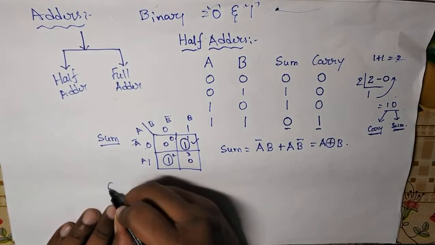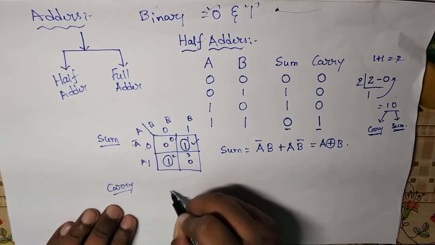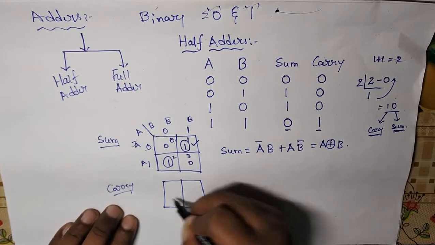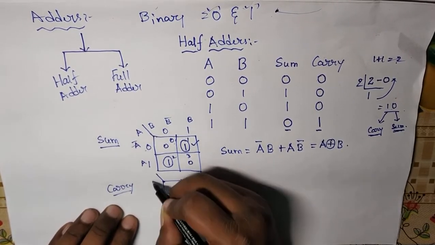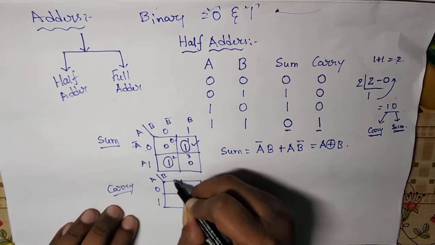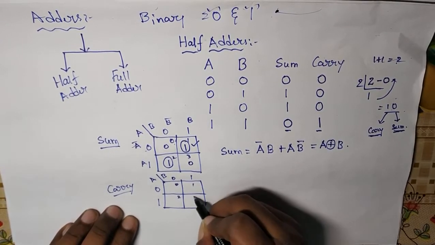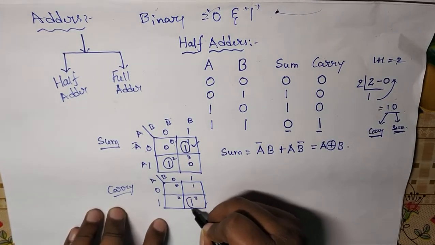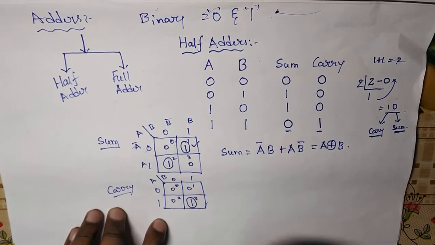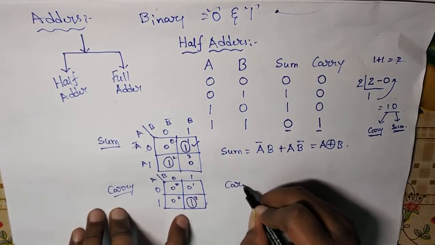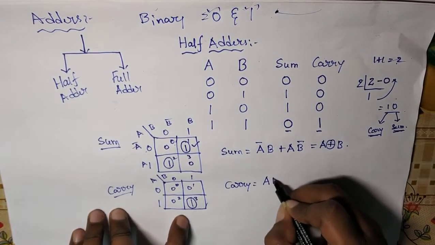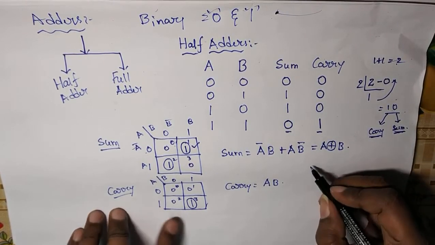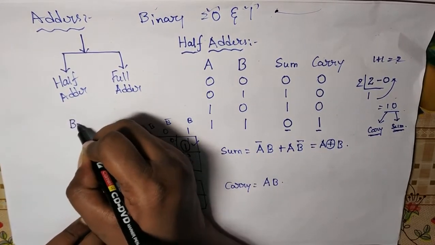Now let us derive the Boolean expression for carry. In order to represent the carry expression, you take another K-map, a 2-variable K-map or 4-cell K-map. Represent the indices in this manner and write the value of the carry. It is 1. The possible way of grouping over here is this single grouping. So for this, the carry expression will be equal to A B. So we have the values of sum and carry. Let us have the logic diagram of this. These are the minimized Boolean expressions.